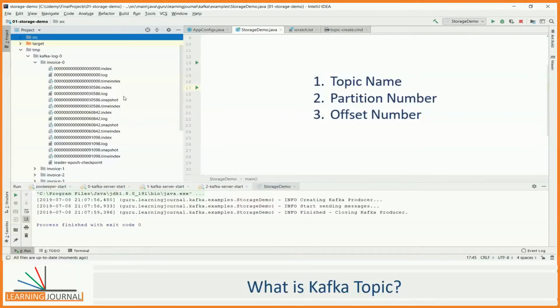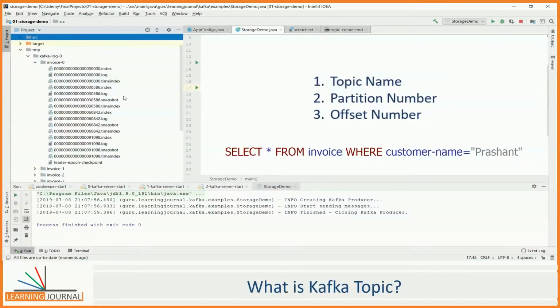At first sight, this arrangement of uniqueness looks strange. Let me explain. If you think in database terms, this unique identification does not make good sense for locating the messages. The topic name is like a table name in the database, but partition and offset are just numbers.